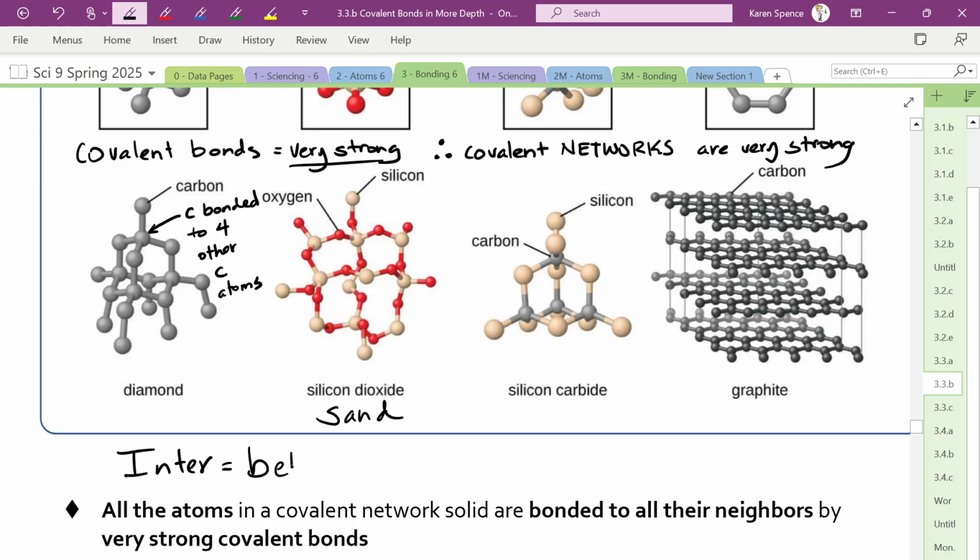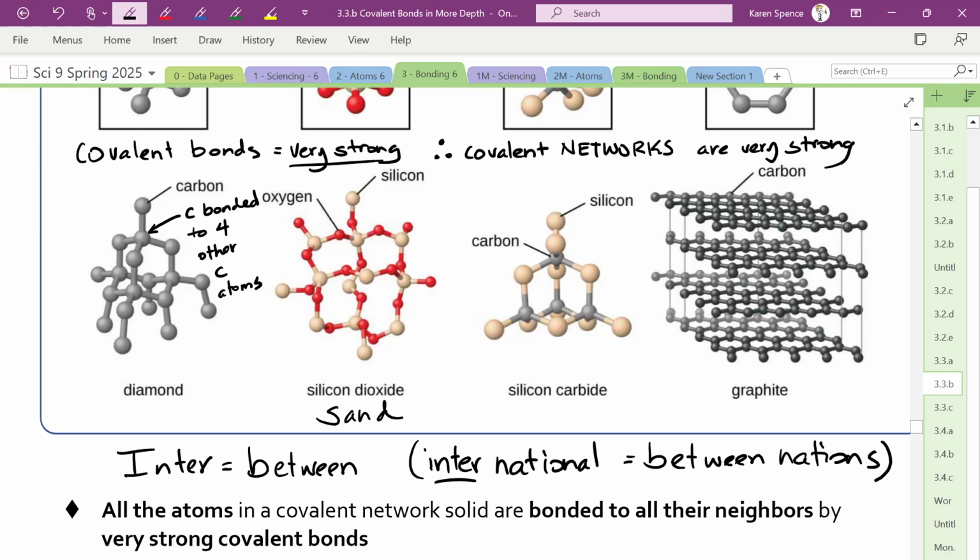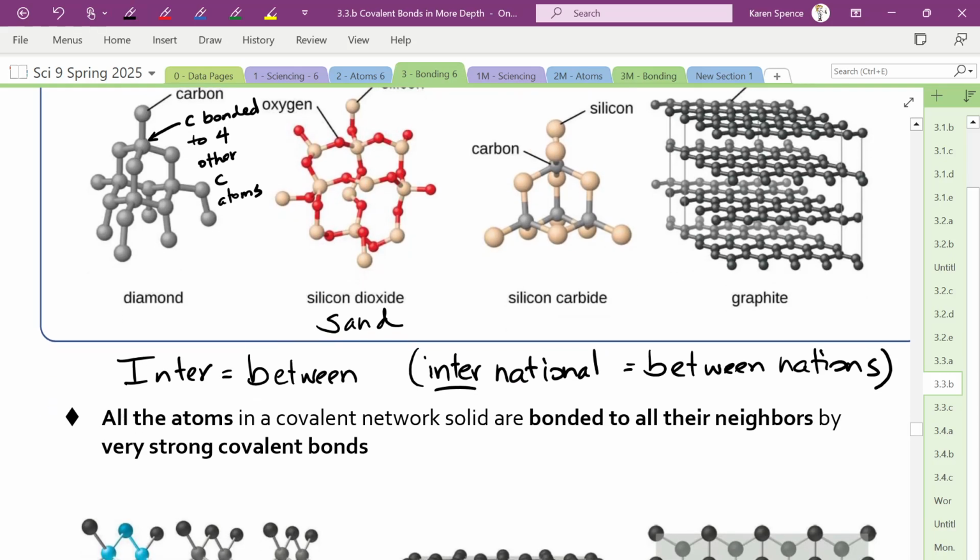So inter means between. And although all the atoms in a covalent network solid are bonded to all their neighbors by those very strong covalent bonds,